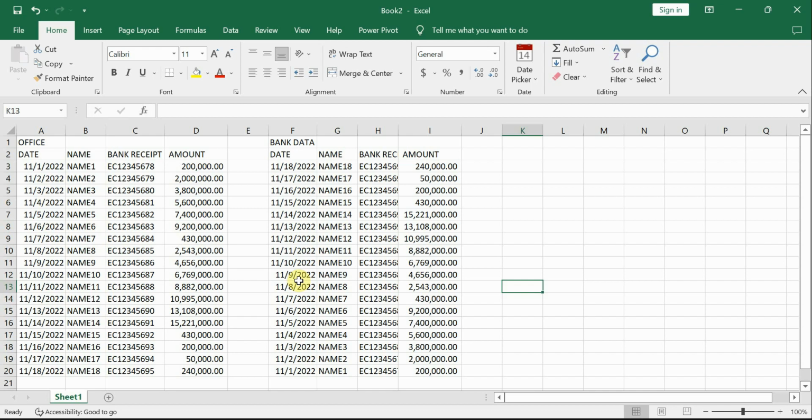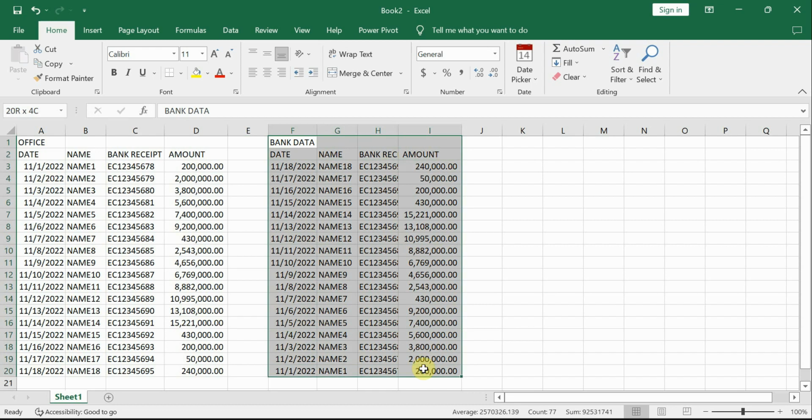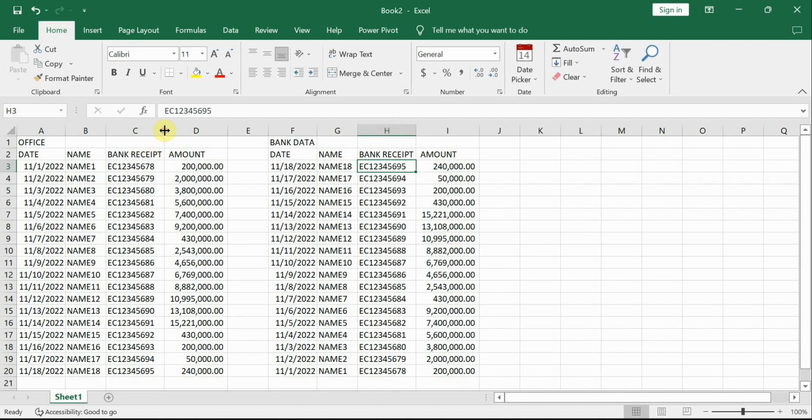demo data whereby I have office data here, and on the right hand we have bank data, assuming that in our office, the business process is that when a customer comes in our office and we give them an invoice, they go to pay via bank. Once that amount is paid via bank, they are given the bank receipt. From that bank receipt, when they come to get service in our office, we'll also offer